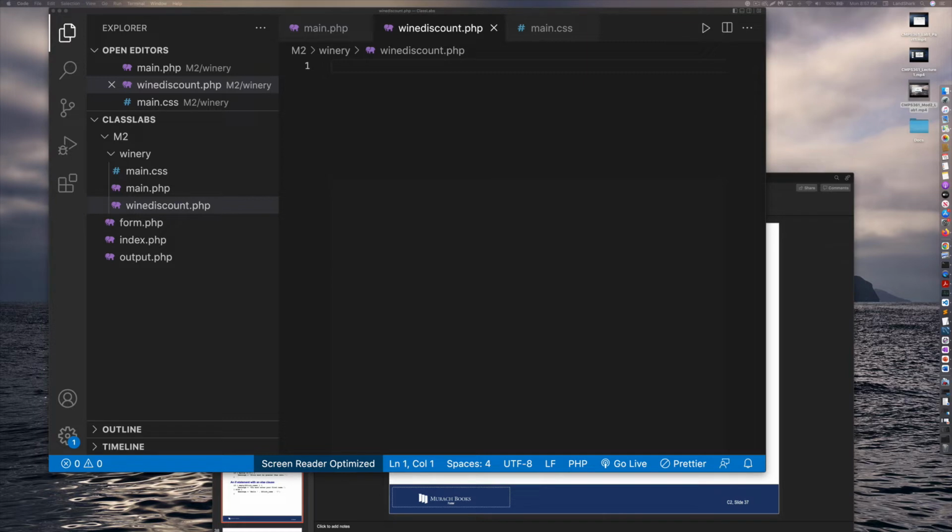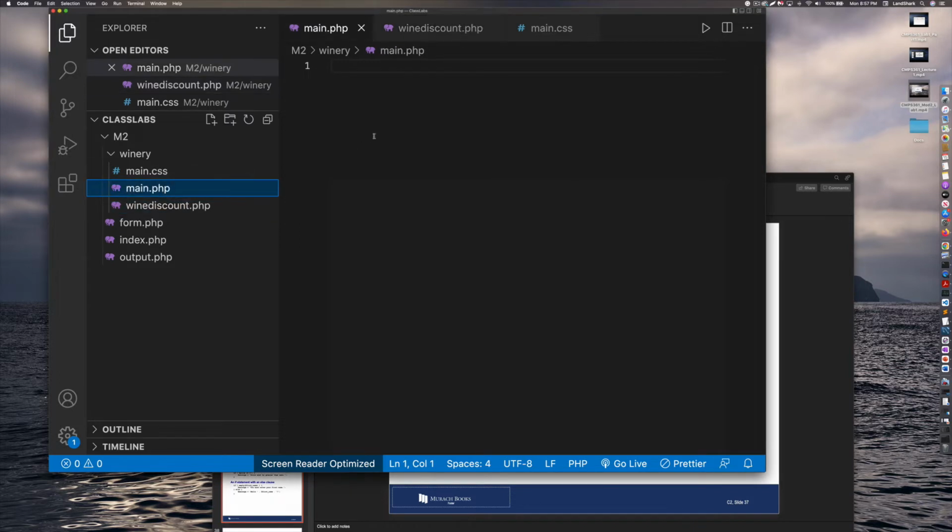All right, so that's a start. So now we need to build our index PHP. We need to do our coding on the back end as well. So we're going to build out the coding part of it first. So let's start with our index.php. Well, our main, we called it. And we'll say